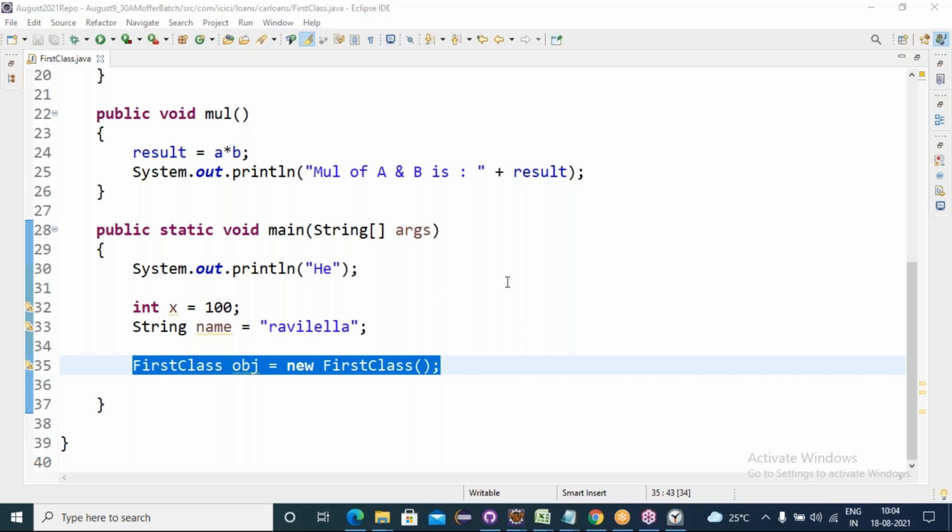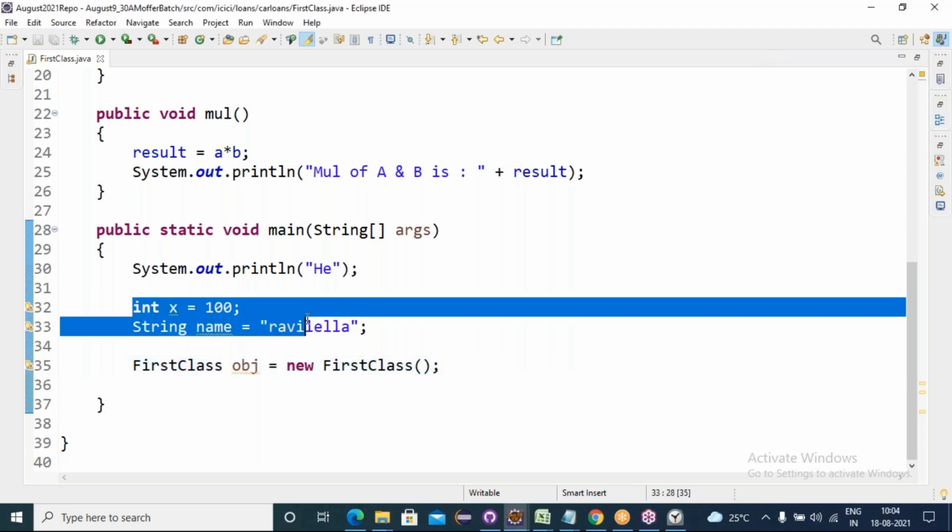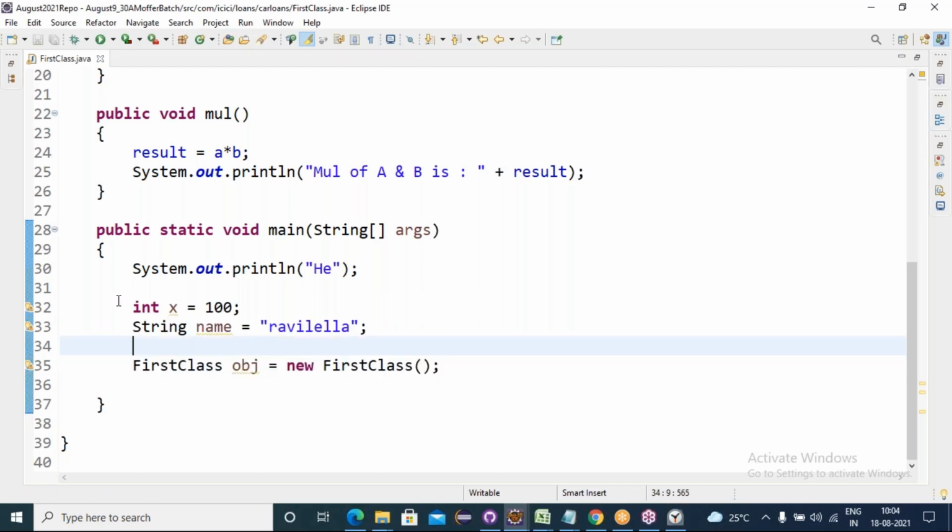Everyone understand? Friends? Yes, sir. Yes. Thank you. So the way to create an object, I explained to you before how to create. I explained this concept, then I came here. Okay, I think everyone can understand this. Fine.